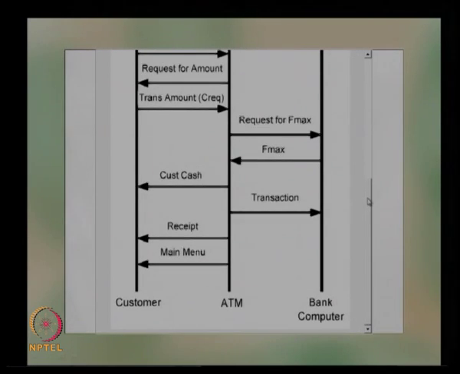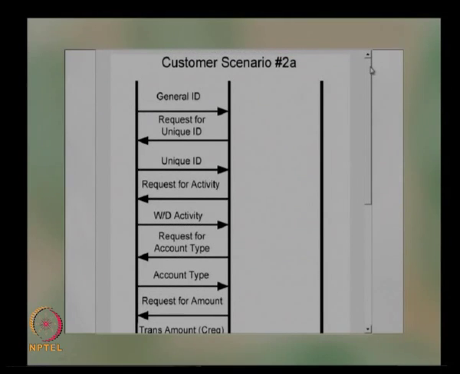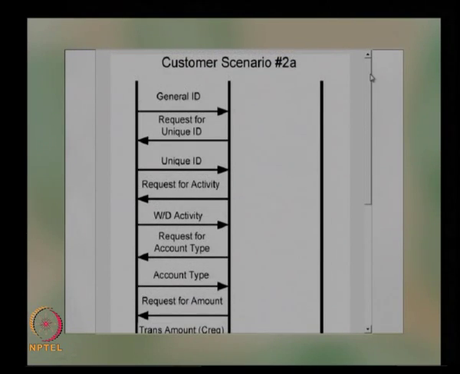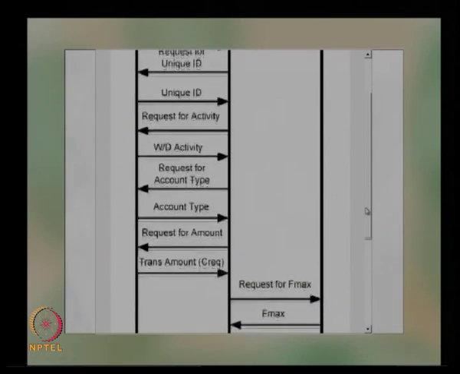So this is another input output requirement for another scenario. Basically here is a withdrawal activity, the customer wants to withdraw some amount. So the initial activities will be the same. Once you tell the request for activity, the customer chooses the withdrawal activity and then request for account type,